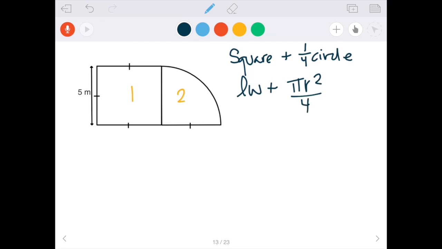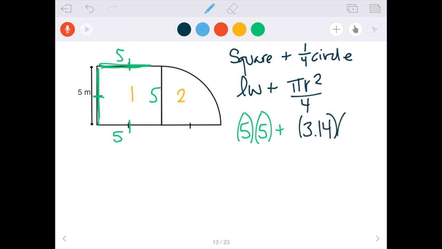The area of a square is length times width, and a quarter of a circle is pi r squared. And if you want to go ahead and write divided by 4 so you don't forget, that probably would be good. The length and the width of the square are 5. 5 times 5, because see the little marks? So these are all 5. 5 times 5, pi